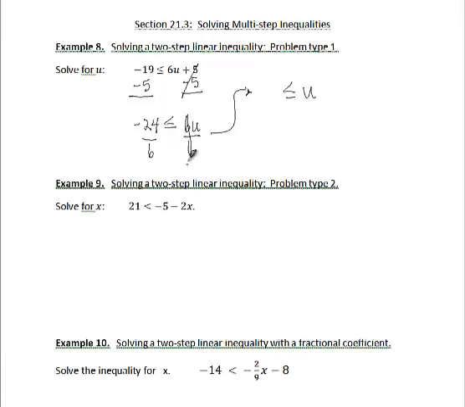The 6 cancels on the right, and we bring the u over by itself, and negative 24 divided by 6 is a negative 4. So anything greater than or equal to negative 4 will satisfy this inequality. If we tried negative 4 itself,